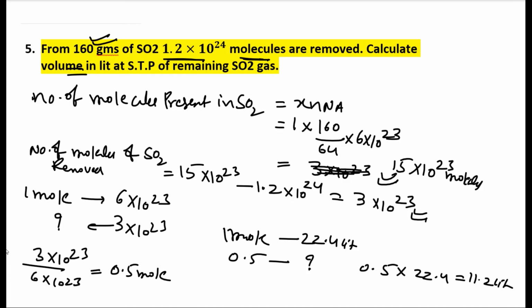This is like the previous model problem only. In the previous model problem, we did moles and mass. Here we calculated volume. Up to here it is common, only moles, but here we calculated volume. I hope it is clear. This is problem number 5, and coming to problem number 6, just an easy problem only. Look into that problem. This is problem number 6. Read the problem thoroughly. Very easy problem.